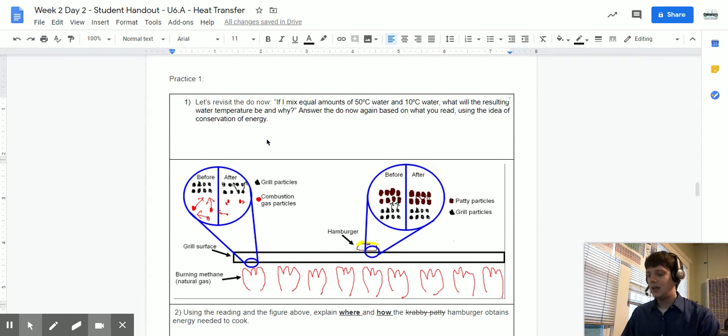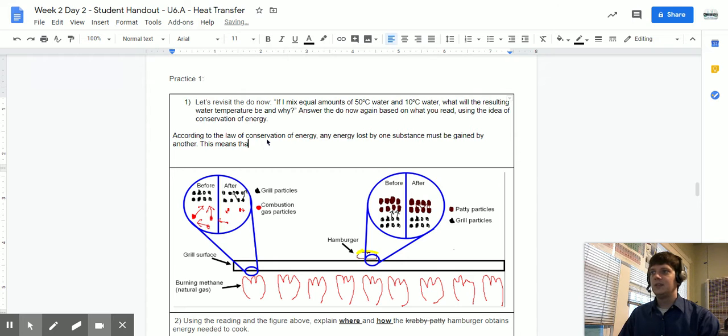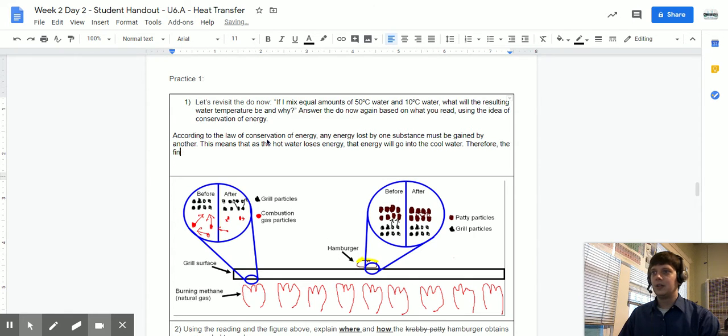Okay, so now we can explain that. We can say, according to the law of conservation of energy, any energy lost by one substance must be gained by another. This means that as the hot substance, the hot water, we can be more specific, loses energy, that energy will go into the cool water. Therefore, the final energy would be a mixture of the two, and so we would expect a final temperature around